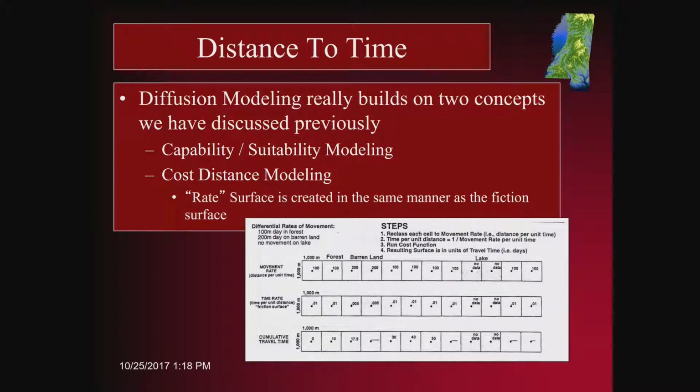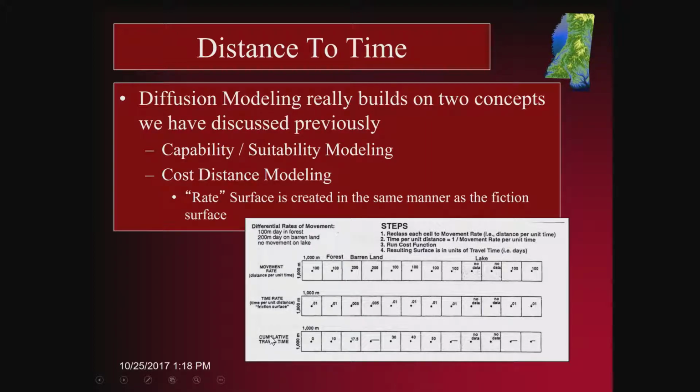If this represents the time it took to travel from the origin, how far did it get? Did it get to this cell? If it's 31 days, did it get to that cell? What's that value? Yeah, it got to that cell. Did it get to this cell right here? This one? Yeah. Well, this one should be 20-something. Got to that cell. Did it get to this cell? Yeah. Did it get to this cell? No. So we're going to make a cutoff there, and we're actually going to use a conditional function to say,